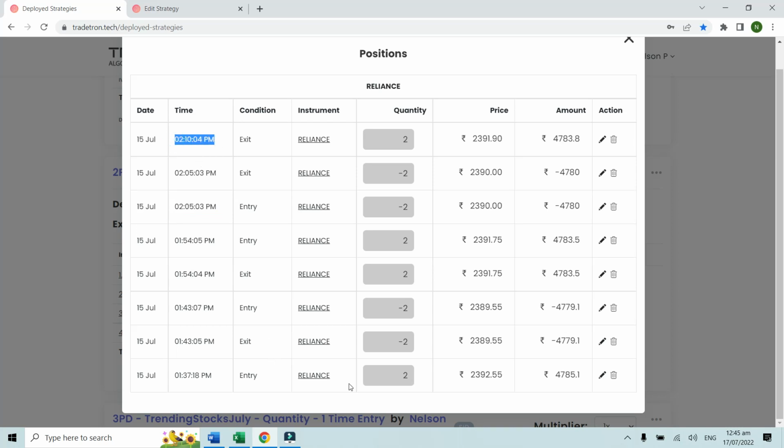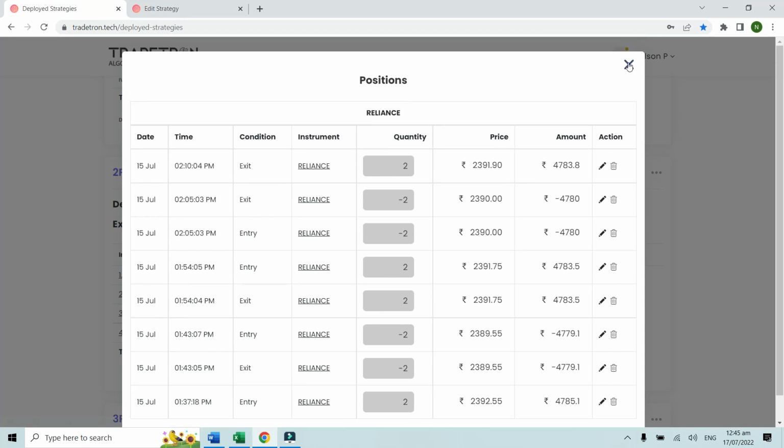So if you see, the first buy entry was this one, the second buy entry was this one, the first short entry was this one, and the second short entry was this one. That's the reason why it took a total of 2 entries on the buy side as well as on the short side. After 2:10 p.m., it should ideally have taken the short position, right? Because the long position, because the short position has got exited, that means the trend reversed, but it did not take it because of the condition restriction that we had put